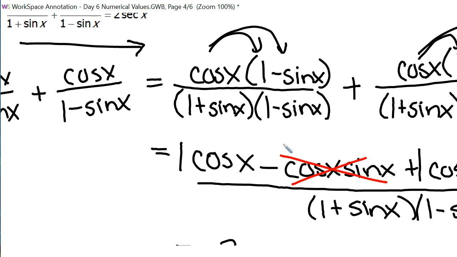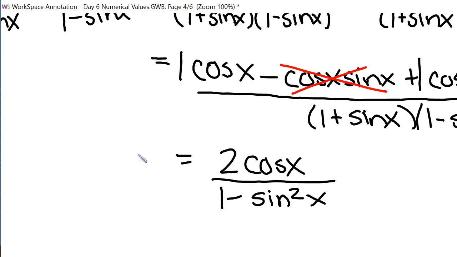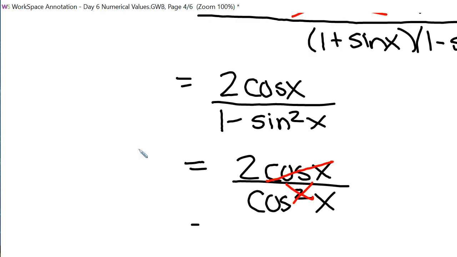And in the denominator, am I going to have any factors cancel? No. So I'm going to go ahead and multiply those, and when you multiply those, you get 1 minus sine squared of x. And 1 minus sine squared of x is equal to cosine squared of x. Then what happens? Yeah, cosine of x, one of these in the numerator will cancel, only one in the denominator. So that leaves us with 2 over cosine of x, which is equal to